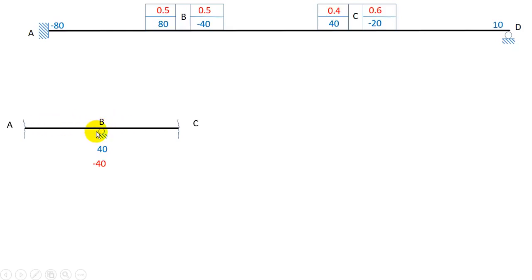BA contributes some part of minus 40 and BC as well contributes some part of minus 40. How much part is contributed by BA and BC is given by distribution factors. So I just have to multiply this by its distribution factor to get the contribution by BA and contribution by BC. So these are the values that we require in moment distribution iterations. There will be many iterations that we have to do in the moment distribution method, but these are the values